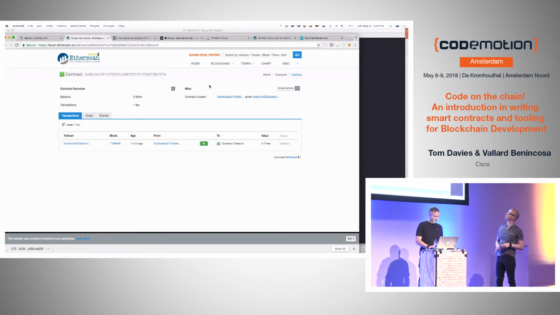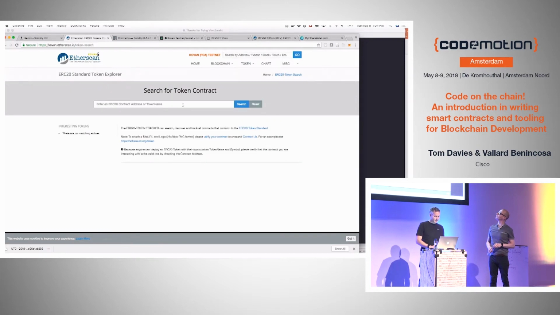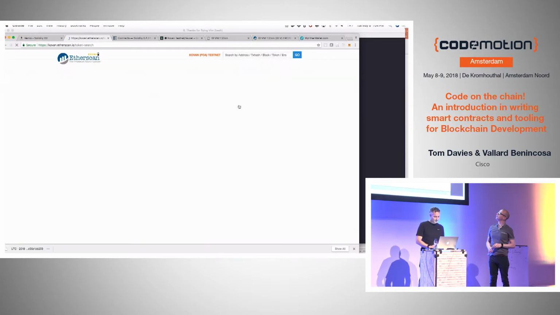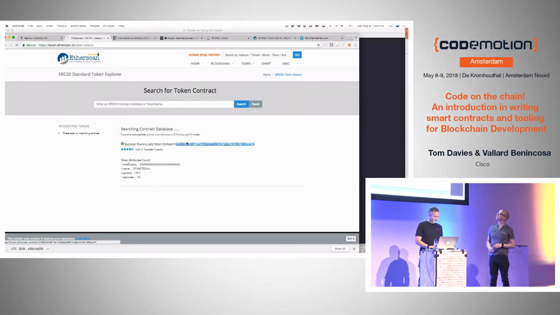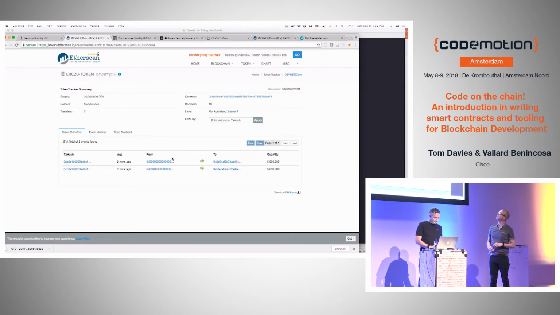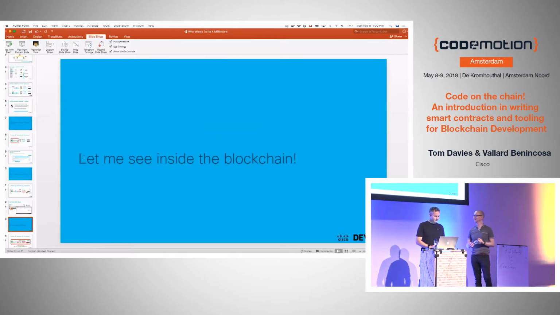And so notice here that I'm on the Kovan network. If I was on the regular Ethereum network, this wouldn't show up. And I can go through and I can see the actual transaction of what happened. And now if I want to, I can go look at the actual token of it, and you'll be able to see the transfers of it. And you can see that it'll actually have given some to me and some to Tom. So this address, which is Tom, he got 5 million, and this one is mine. I got 5 million as well. So there's a lot you can actually look into here more to see some other things as well.